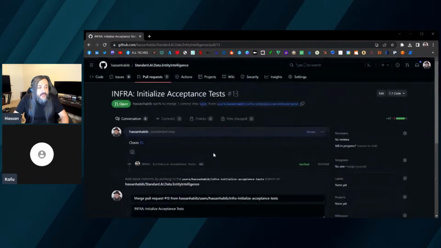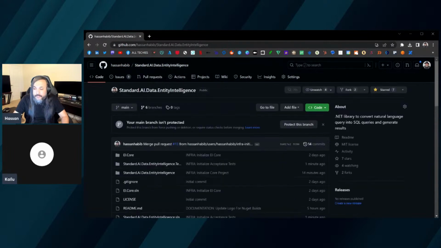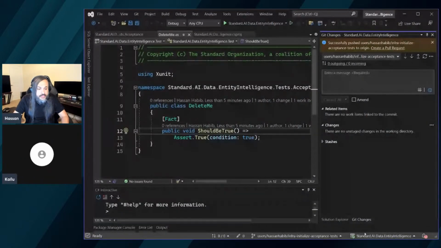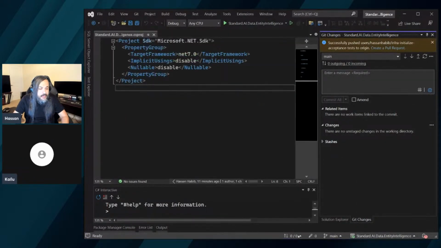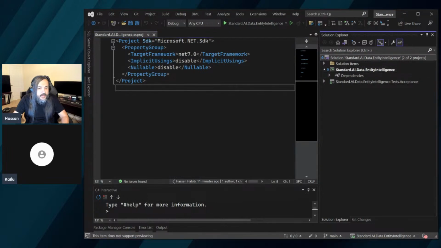I'll move on and create the integration test as well, Kailu. So I'll go on to this project here. I'm gonna go back to main. I'm gonna pull latest. Here we go. And then we have acceptance, we have integration, and I think it's .NET 7, so that should be okay. And then I'm gonna create this last one, which is still an XUnit standard